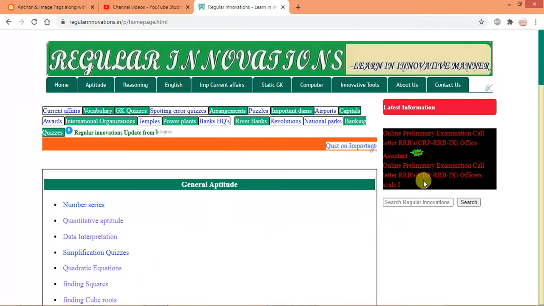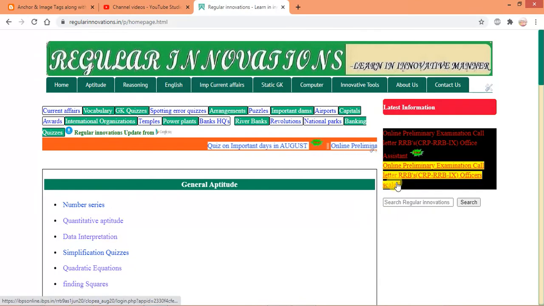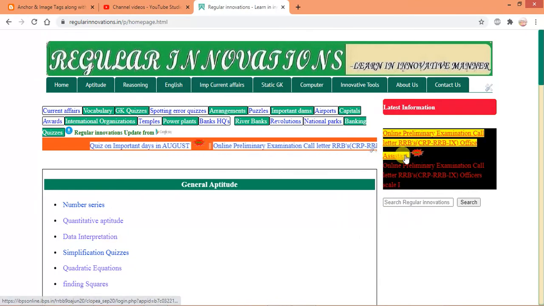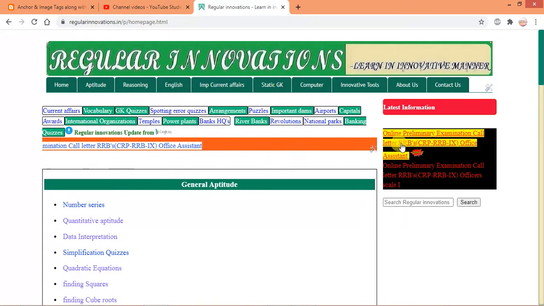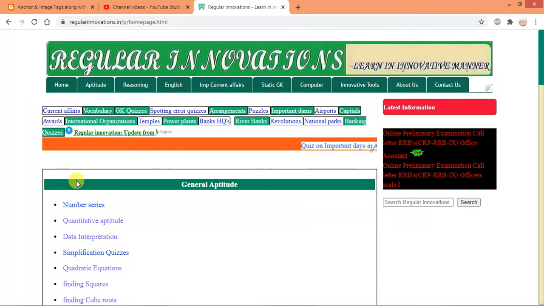Here, when you are not using any kind of image, it looks like ordinary text. When you use an image as new or hot, it is known as a GIF image. When you use this image, this content gets highlighted. This is the beauty of the image tag. So let's get started with how to use this.